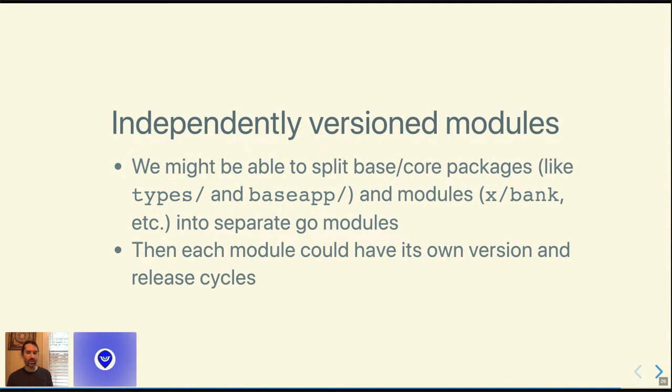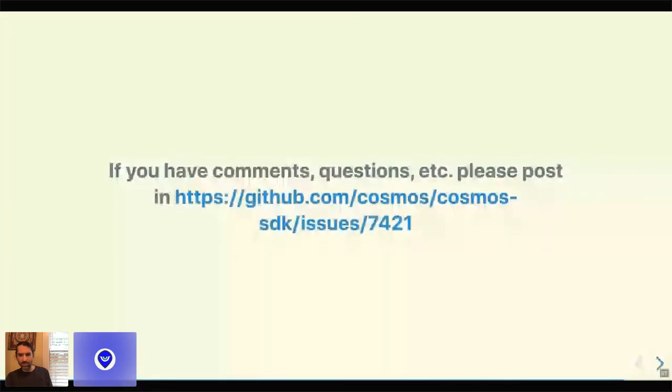We're not quite clear on how we would go about this. Can we split things up into separate Go modules, and is that desirable? There have been on and off questions about separate repos. Currently, it feels like for the time being we're going to stick with one repo, but maybe there are some improvements we can make there. So that's basically what I have for the presentation.